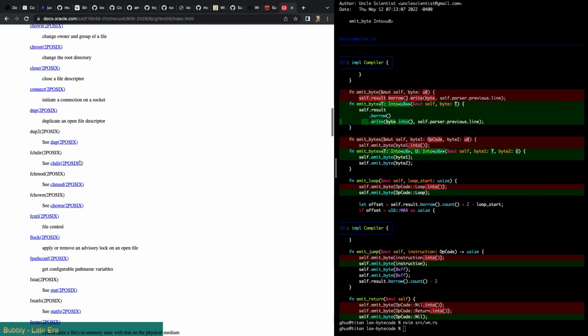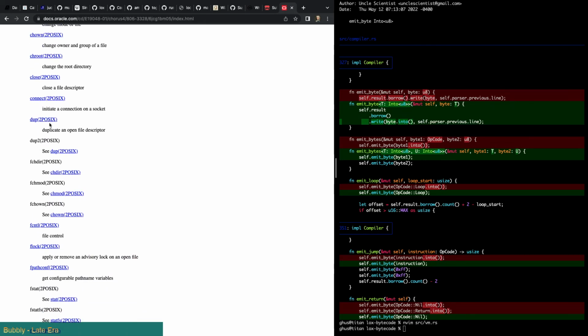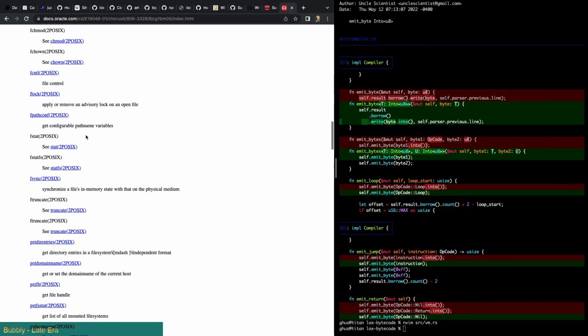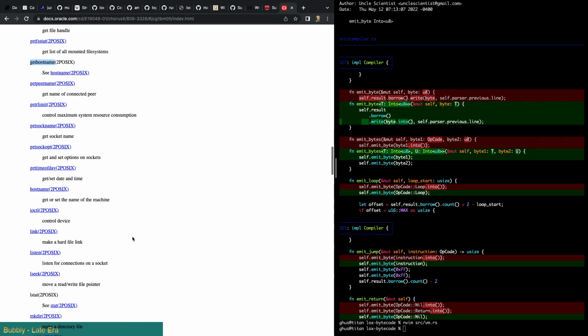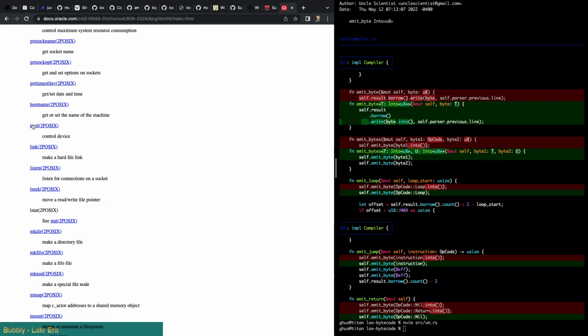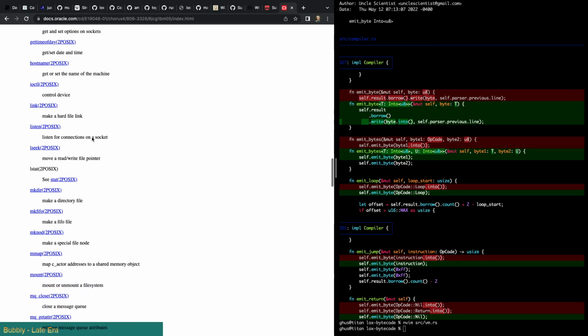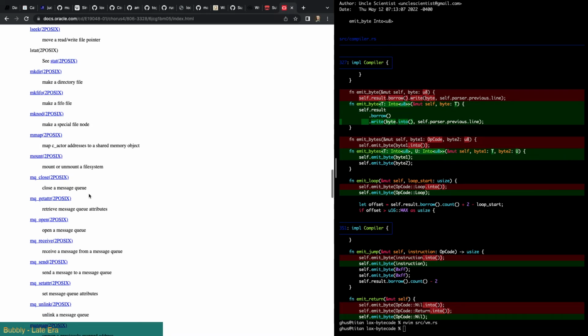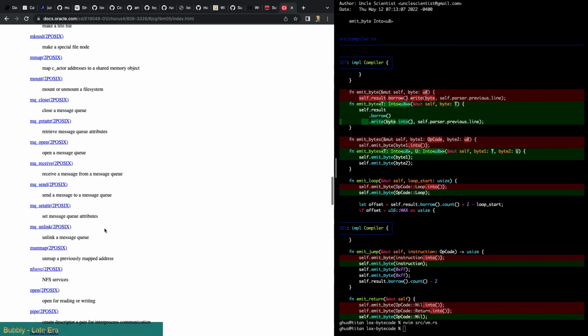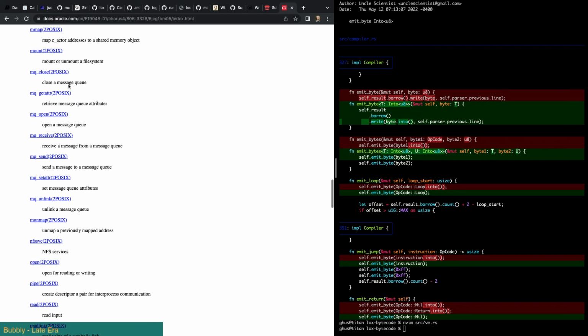I don't think we need that in Lox. Yeah. File I/O. It's mostly file I/O, isn't it? And networking. The generic ioctl interface would be nice to have. Just all file I/O. MQ, message queues, right? That's interesting.